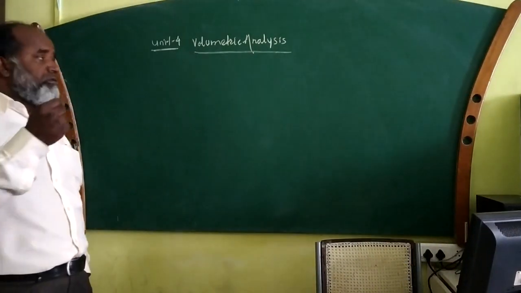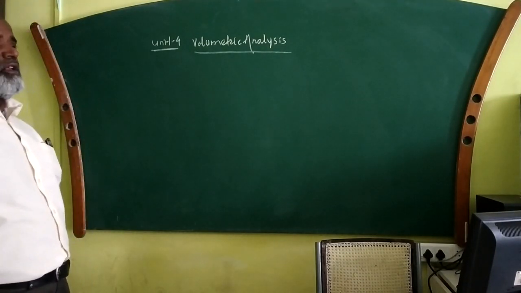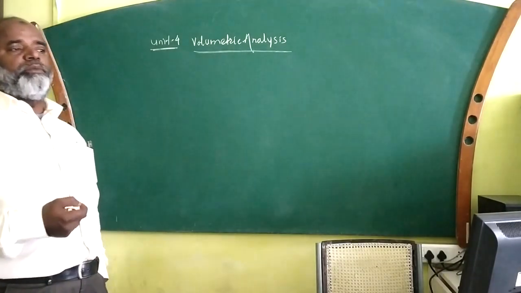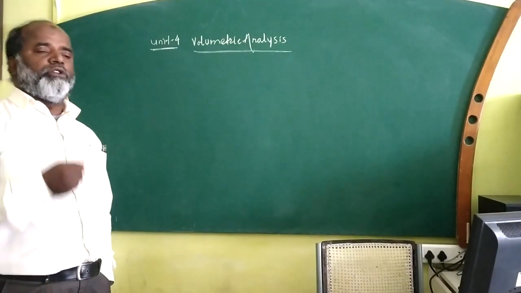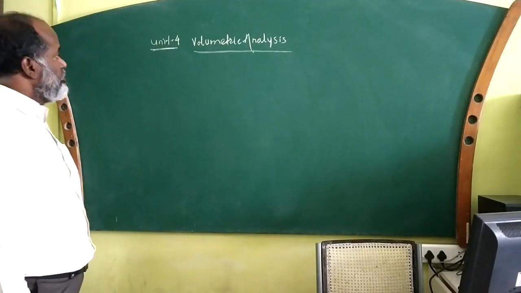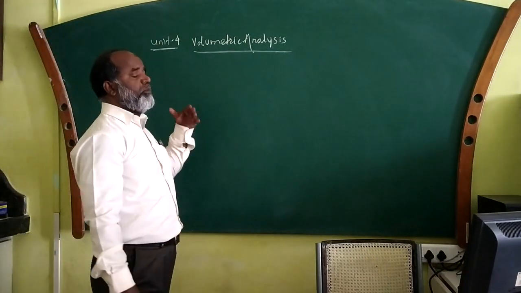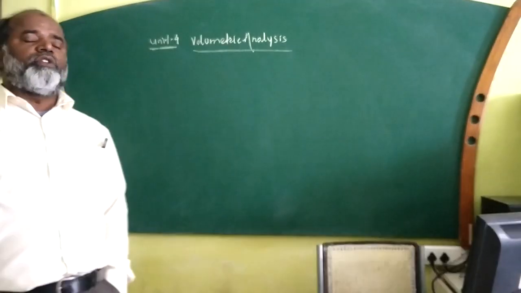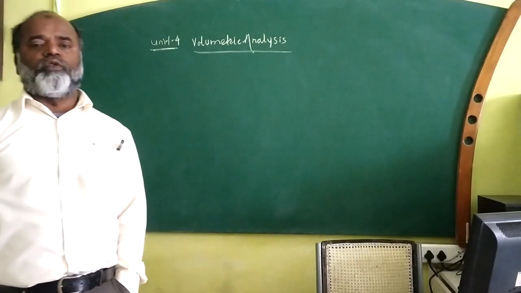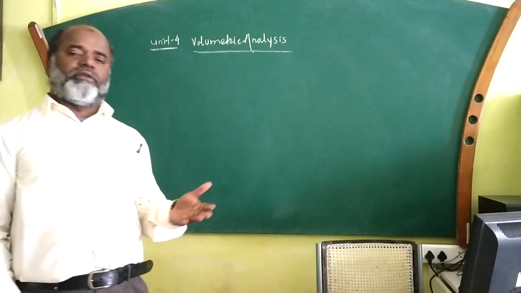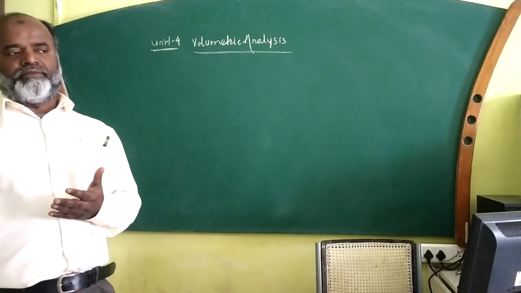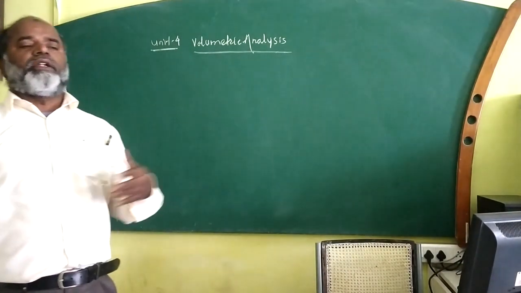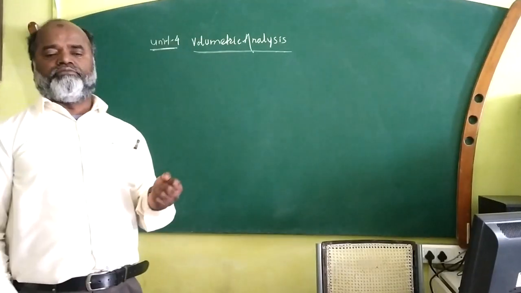Now, to do this analysis, I want to find out the purity of any sample: purity of solid, purity of liquid, purity of solution. That purity also can be analyzed with the help of this lesson called volumetric analysis. As we know, in chemistry there are two types of analysis. One is called gravimetric and the second is called volumetric. Gravimetric means in terms of weight. Volumetric means we are going to estimate in terms of volume.